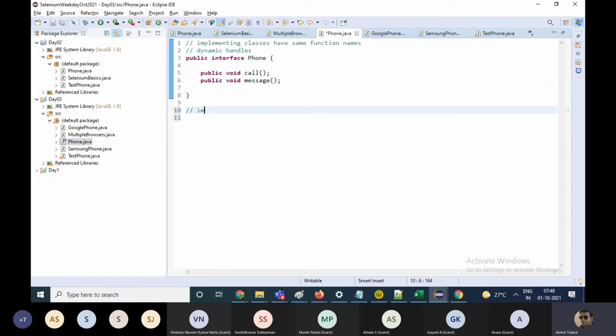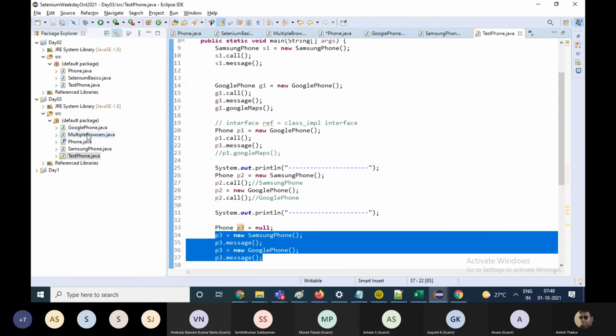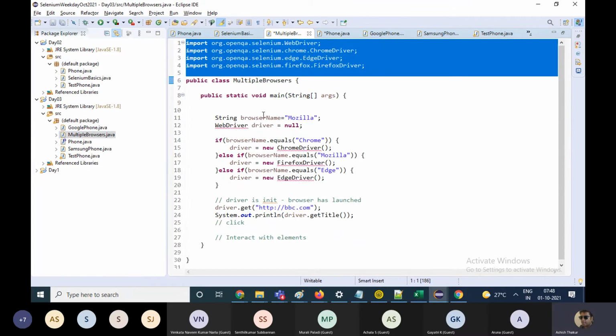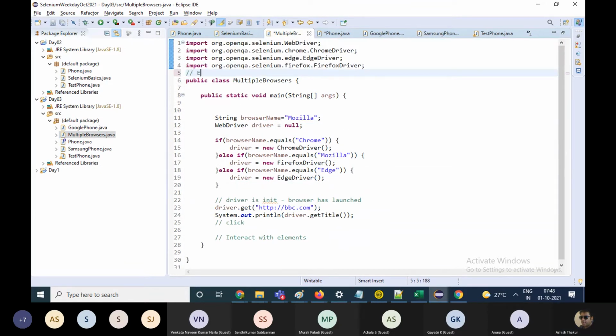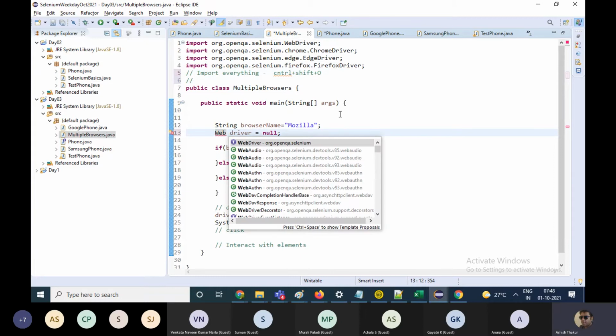There are different things. First of all, to import everything, if I have all these imports missing, you have got Control plus Shift plus O. Or if you want an auto suggest after the word, Control space bar.